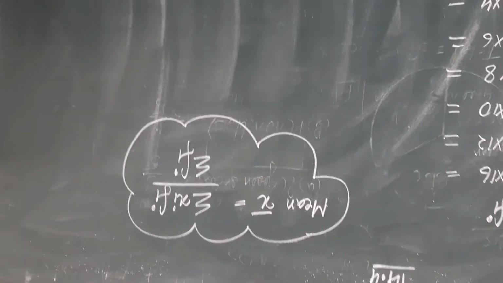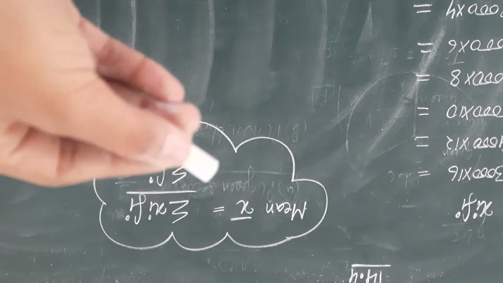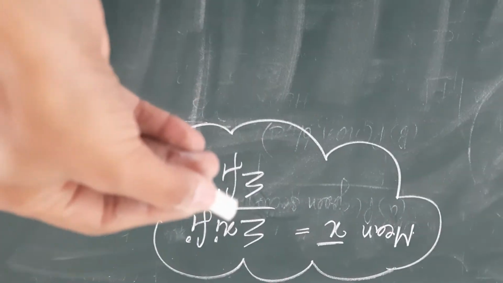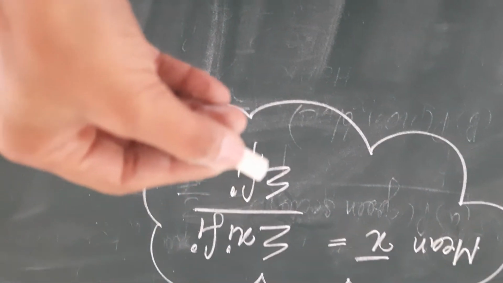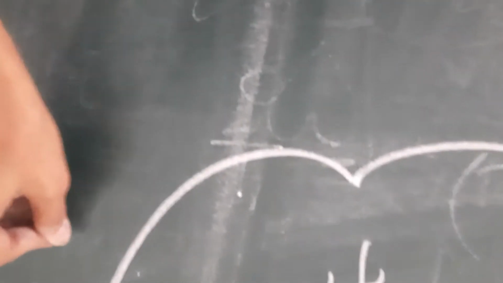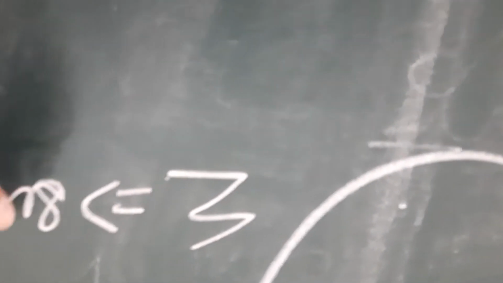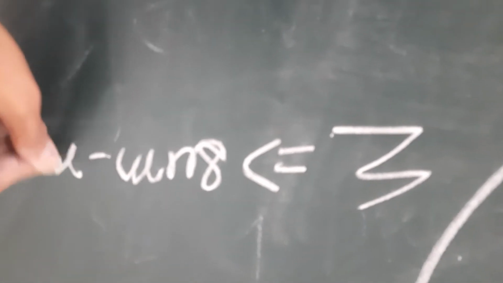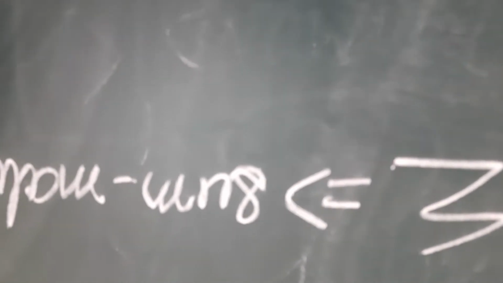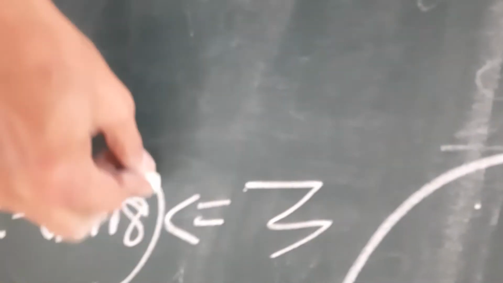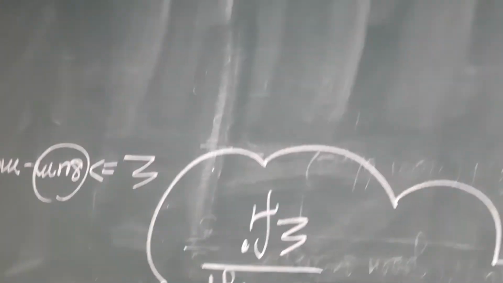So, we know what is the formula for mean. For mean, the formula is x bar. It is denoted by x bar and it is equal to summation of xi fi divided by summation of fi. I told you in the previous lecture this symbol means summation. So the name suggests sum. Sum means to add the terms.